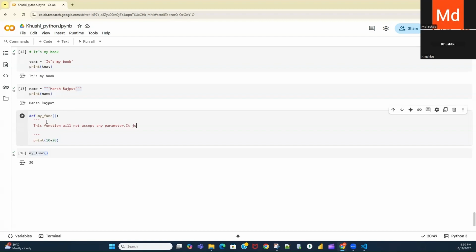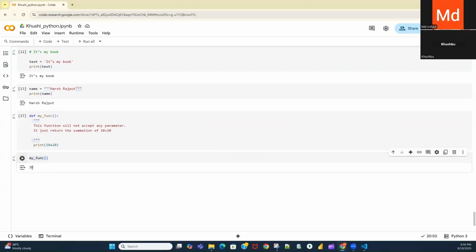It just returns the summation of 10 plus 20. And this I will write in the next line. Whenever you need to define any statement in multiple lines, we need to use this triple quote.